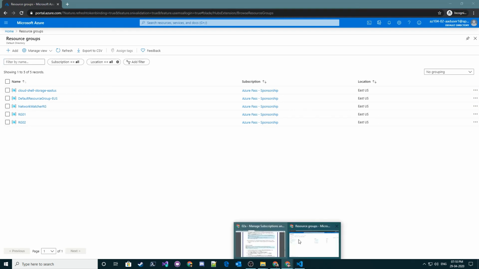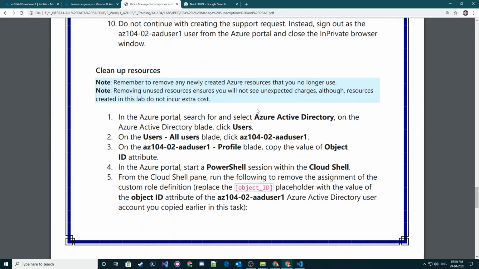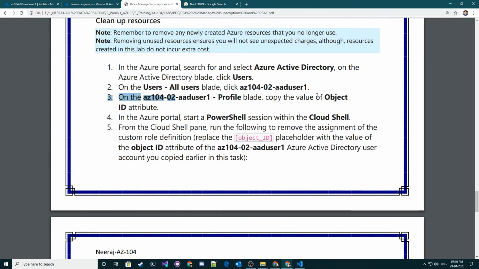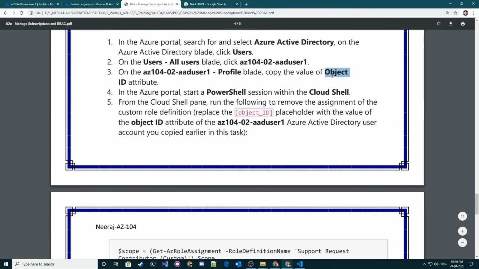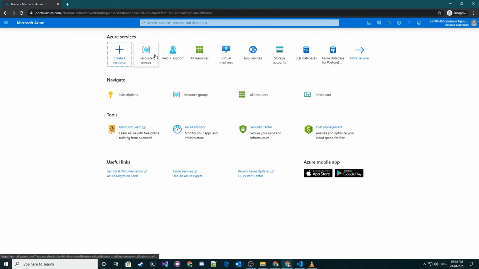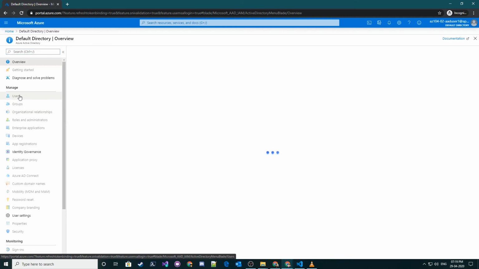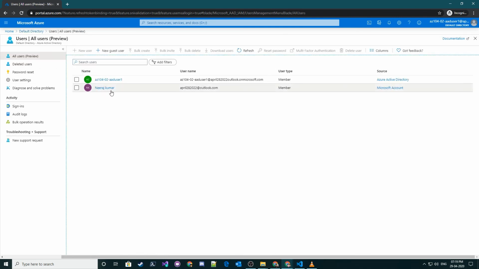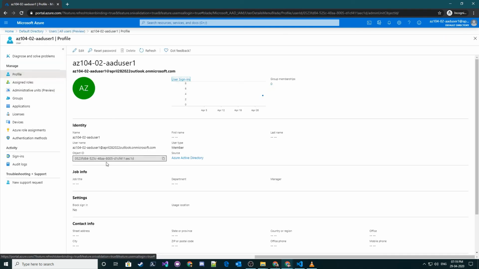Okay, let's go to our instructions, and we are going to perform a cleanup of all our resources. First we need to go to the user, and we have to copy the object ID attribute of that user from its user profile. Let's go back to our screen. So we have to go to Azure Active Directory, user, profile, and we have to copy this object ID and paste it over here.